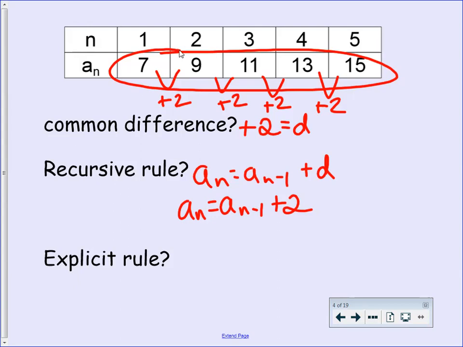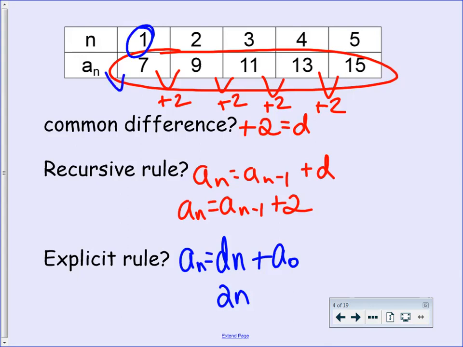Now, our explicit rule, by the way, I put n this time. You can put x. It doesn't really matter. For my explicit rule, I need my difference, which we said was 2. And then I need my a_0. Right now I have a_1. So how do I get to a_0? I need to go backwards from 7 and subtract 2. What's 7 minus 2? It is 5. So that means 2n plus 5 equals a_n